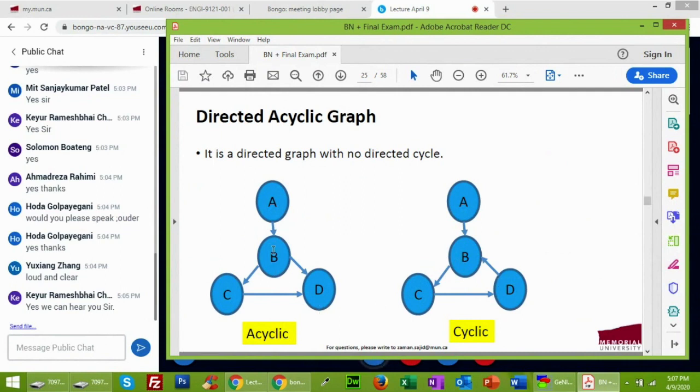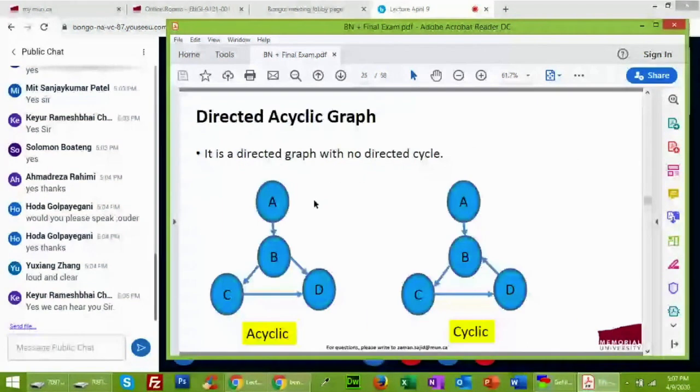Whereas in this other situation, B is going to the C, B is also going into the D, and C is going to the D. There is no cycling here. That's what we call an acyclic network. Whereas for the cyclic network, there is a cycle here. Just keep in mind the Bayesian network only applies when there is an acyclic network. Bayesian network cannot be applied for the cyclic network. And because there is direction associated with the movement of information, that's what we called a directed graph, directed acyclic graph. Okay.